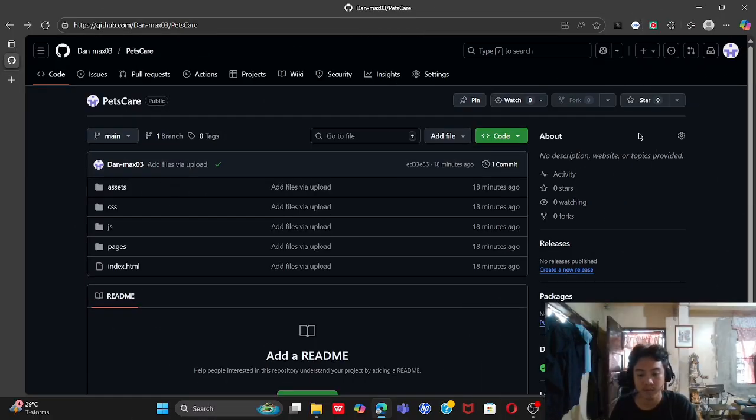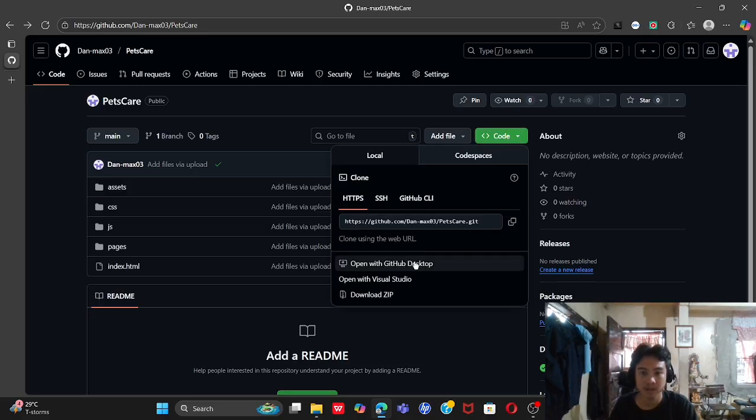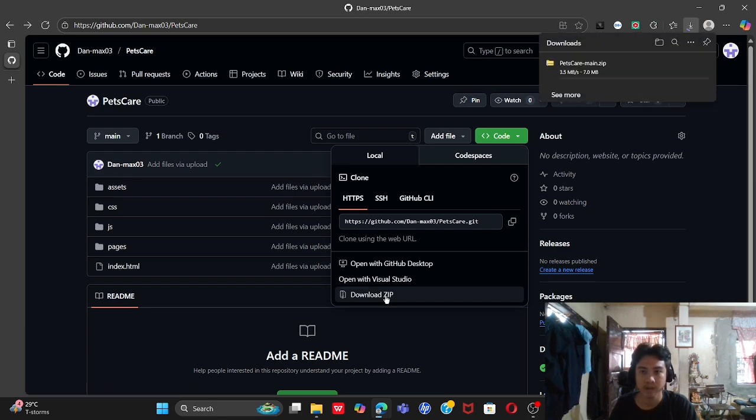To use or navigate the website we created, you just need to download the zip file. How to download it? Click the code button and download the zip file, and wait for the downloading.